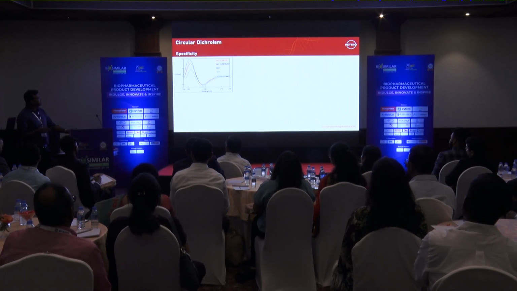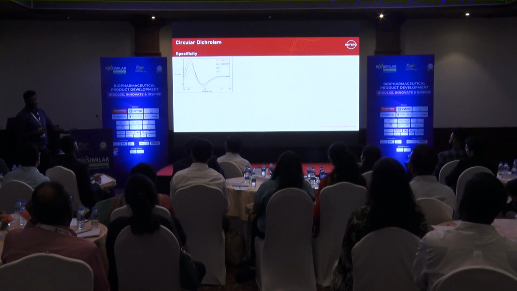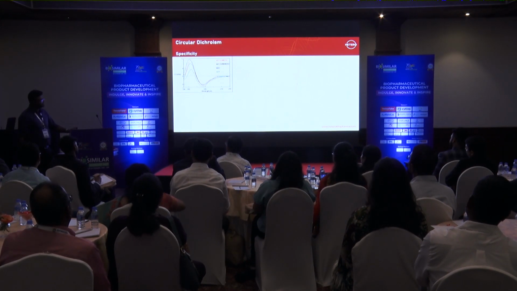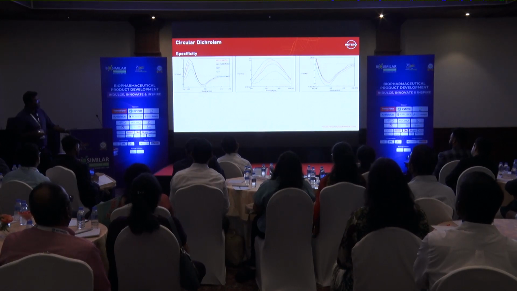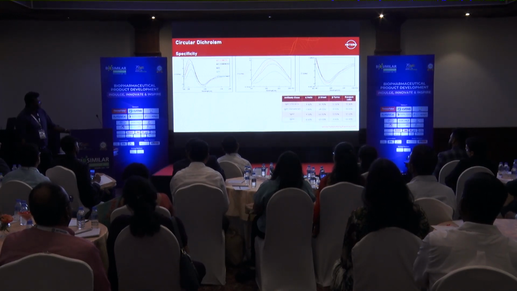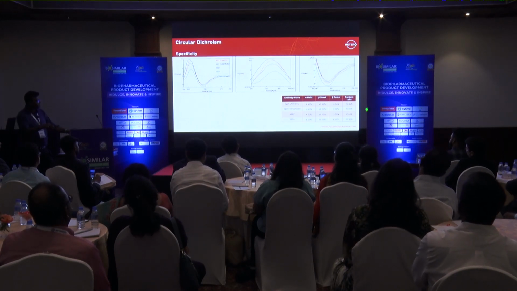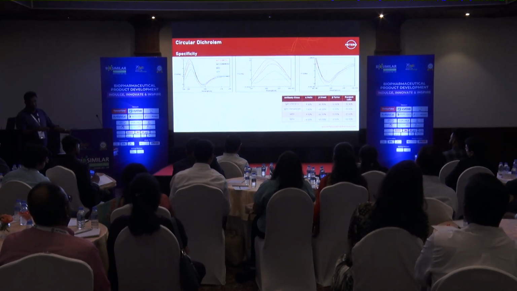So what we have tried to do here is demonstrate a different class of antibodies, ranging from IgG1 to IgG4, including chimeric and humanized antibody, to see how they differentiate in a CD spectrum. What you see here is a blown up version of the two regions of alpha and beta wavelengths. You see differences in the signal to noise ratio and how the detector is sensing the signals. But if you now try to quantify this, you will see very minor differences in the alpha, beta sheets and random coils.